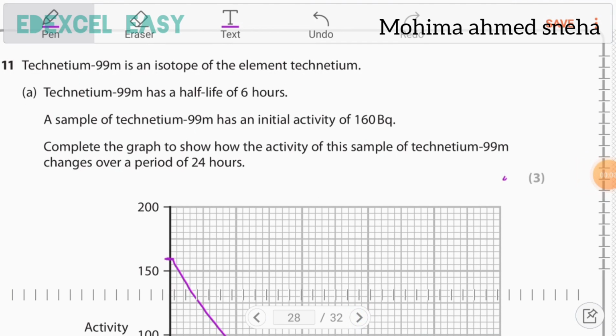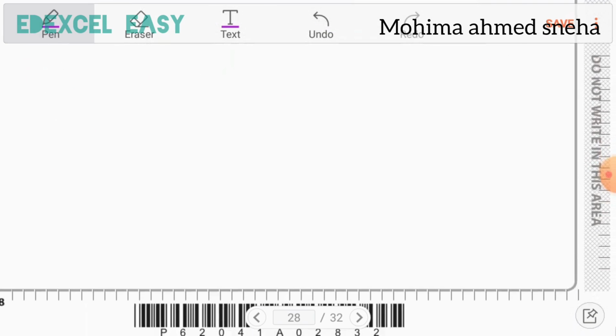Question number 11. Technetium-99m is an isotope of the element technetium. Technetium-99m has a half-life of 6 hours. A sample of technetium-99m has an initial activity of 160 becquerel. Complete the graph to show how the activity of this sample of technetium-99m changes over a period of 24 hours. So in order to draw a graph, we need to first draw a table of the possible points for this